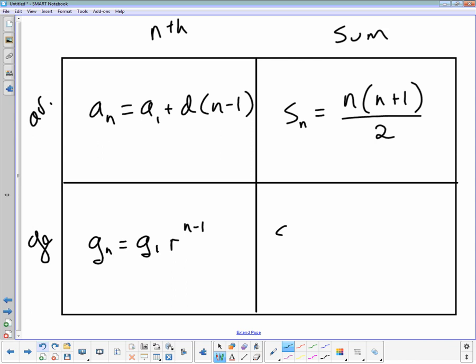And then the sum of geometric terms: this is G1 times 1 minus r to the n, all over 1 minus r. However, if I had an infinite one,